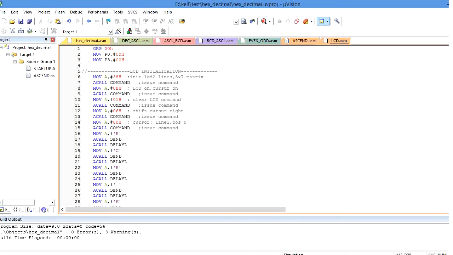And I want to display my cursor position in the first line, first row. So the command I am going to use is 80. The 80 is the command I copy to the accumulator. Then I call ACALL command. So these are all the commands I am going to transmit from the microcontroller to the LCD device. The command function is already explained here.